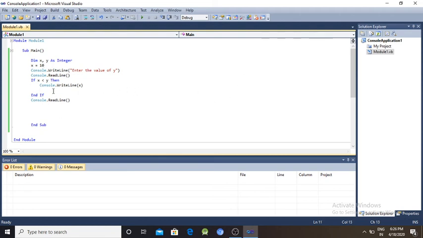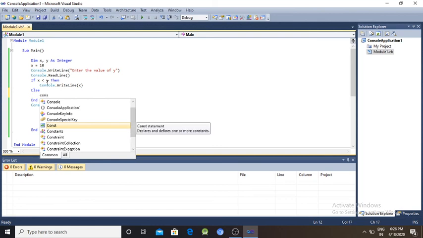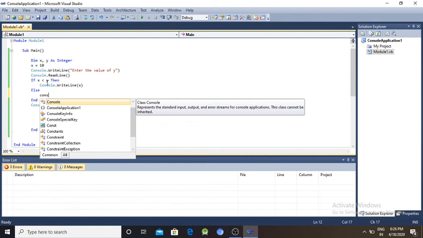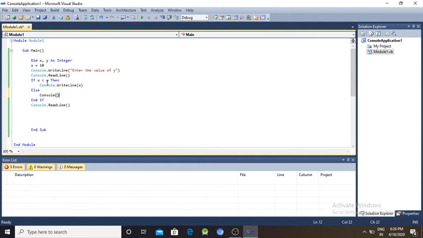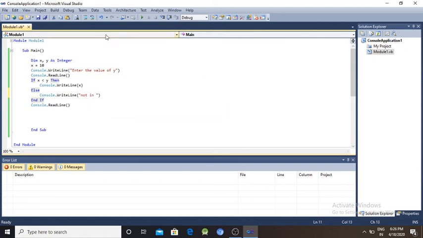So see the program: else, then statement Console.WriteLine, Console.WriteLine "not in", then execute the program.